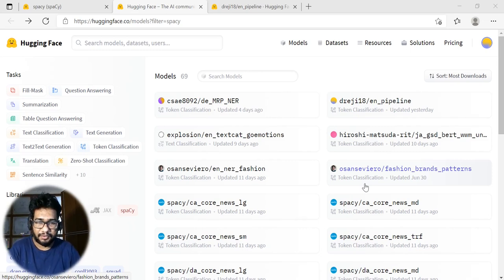So today we are going to do a simple video on how to push our existing custom spaCy model to the Hugging Face repository. By pushing it into the Hugging Face repository, we can download it, reuse it, and share it with anyone, basically. If you see here, this is the Hugging Face model repository, specifically under the token classification section, and you can see the model which I have pushed recently.